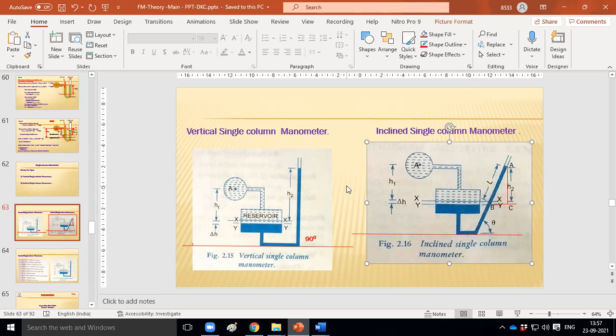Which one is the hypotenuse? AB is the hypotenuse. So what will be the angle between hypotenuse AB and horizontal line BC? Theta. Okay. So is this ABC a right angle triangle or not? Yes, sir. The triangle ABC is a right angle triangle, and what does this L represent?